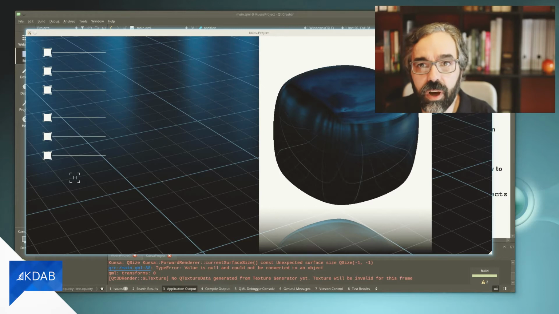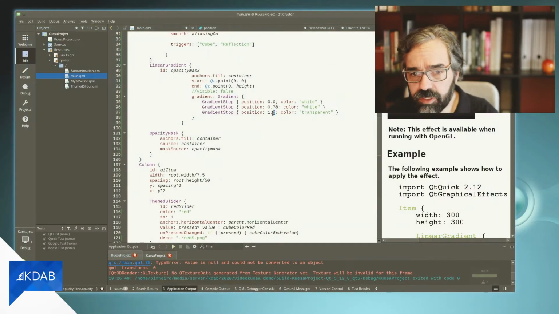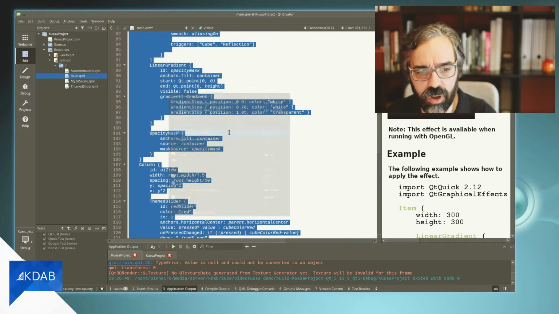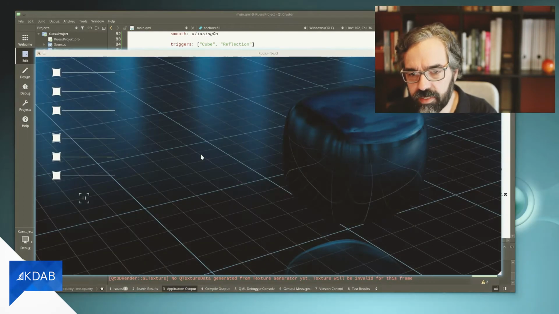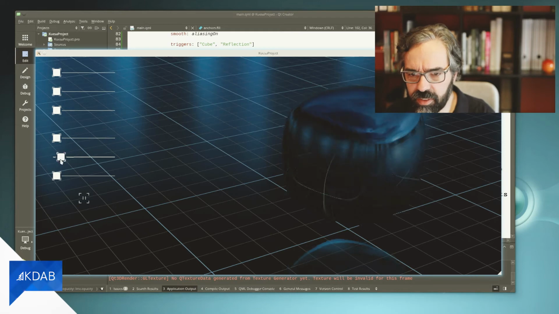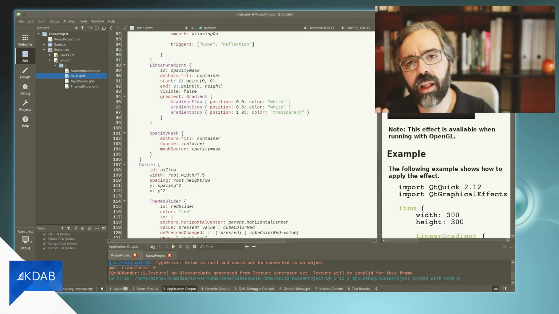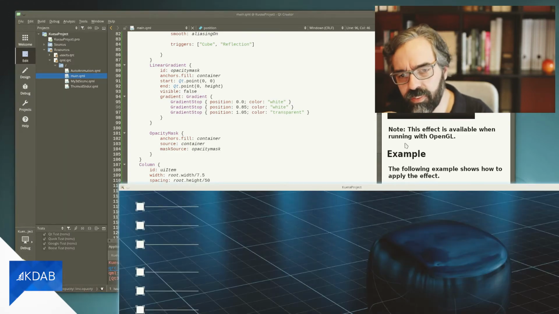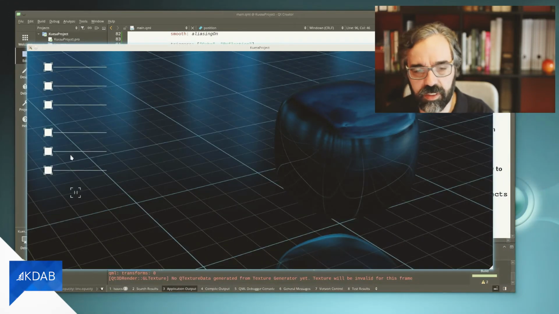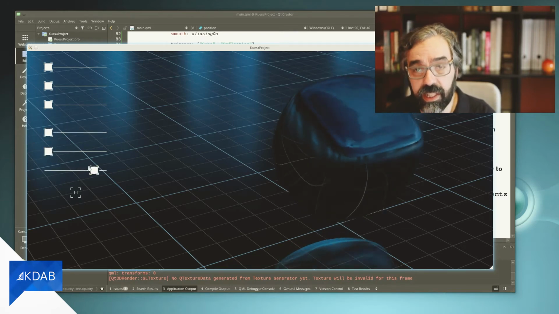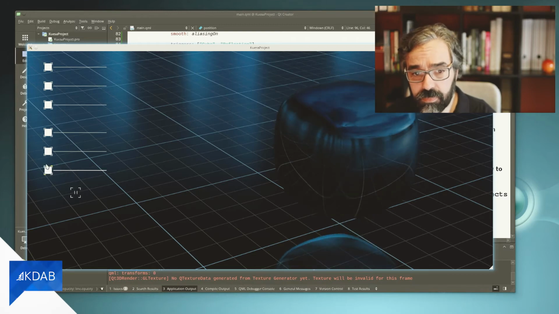I'll just adjust a few other things so that the result ends up being a little bit better. Setting visible to false. And yes, it seems that it's better, but maybe I can do it a little bit better. I'll make the beginning of the cube even more reflective, so more presence on the beginning of the reflected cube. I'm happy with this. And now we move on into the next step.